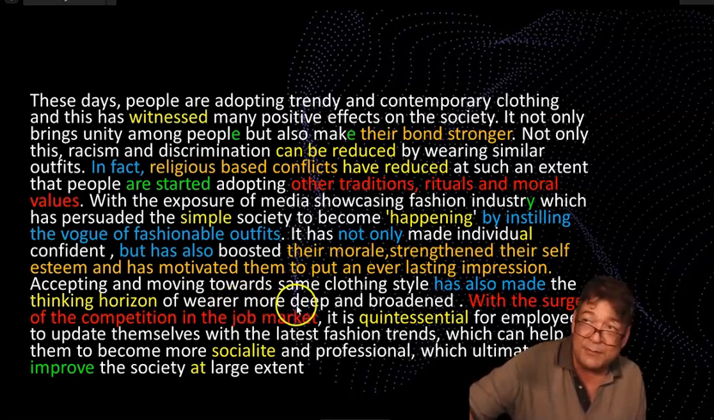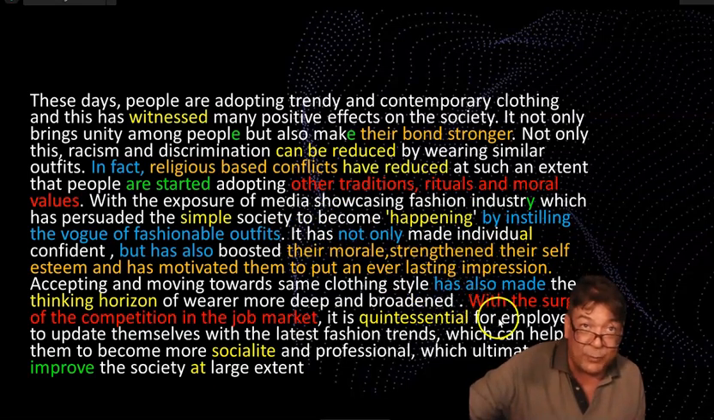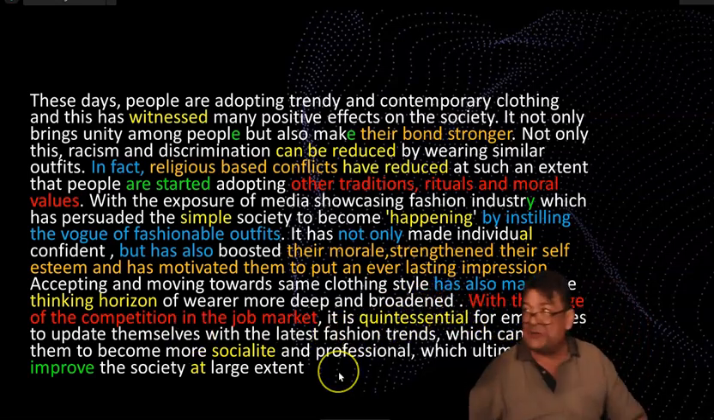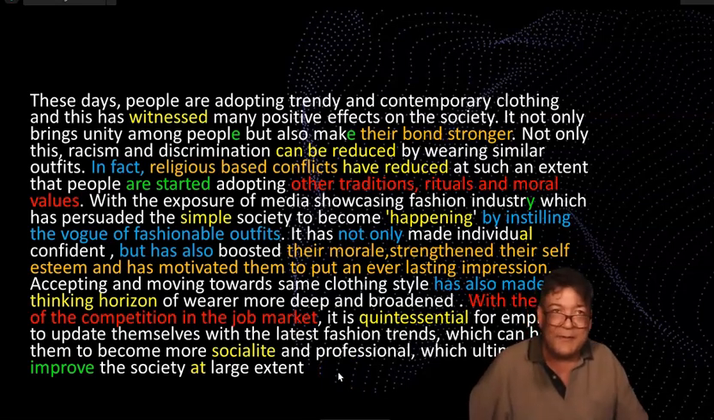More deep, deeper, and broader. And now once again we're going to put a with. Let's see if this will be a sentence. We got with, like you had up here, with the surge of the competition in the job market. What are we talking about? The job, it is